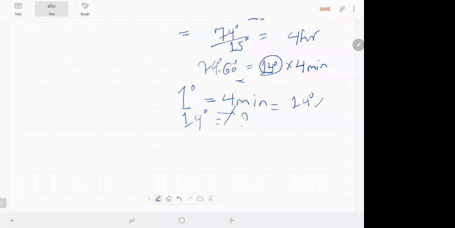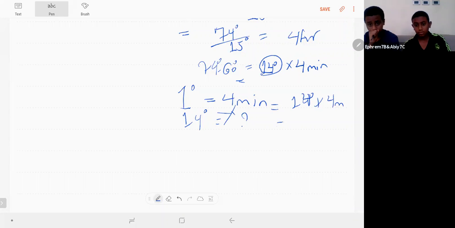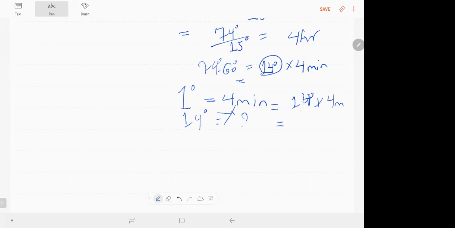14 degrees times how much? 4 minutes. It's going to be how much? 56 minutes. Therefore, the time